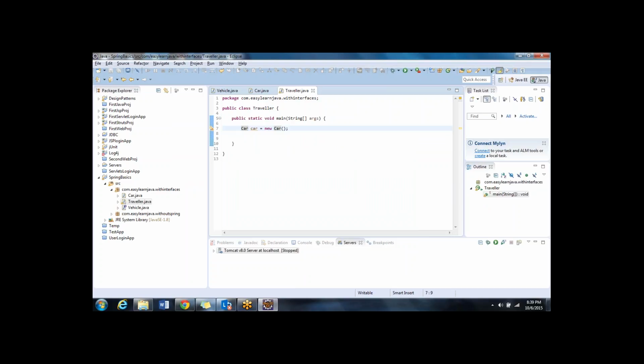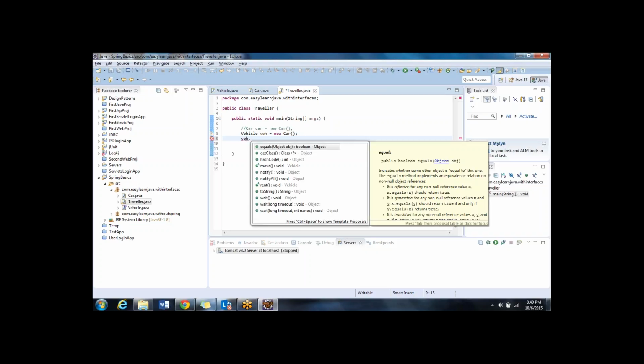I'm going to make a little bit of modification here. So I say vehicle vh equal to new car,